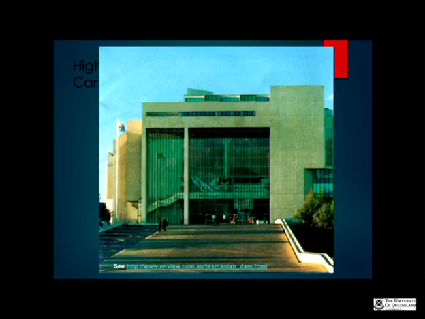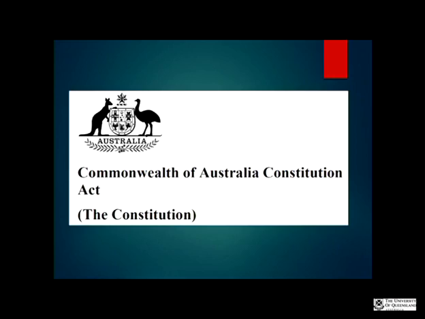And this is where it was all decided. So that's the High Court of Australia there, after they'd handed down their decision. And what did they have to decide? Well, they were looking at whether or not the Commonwealth had power to intervene and save the Franklin. So the Commonwealth had decided it would step in and it would pass legislation that would prevent the Tasmanian government from building the Franklin Dam.